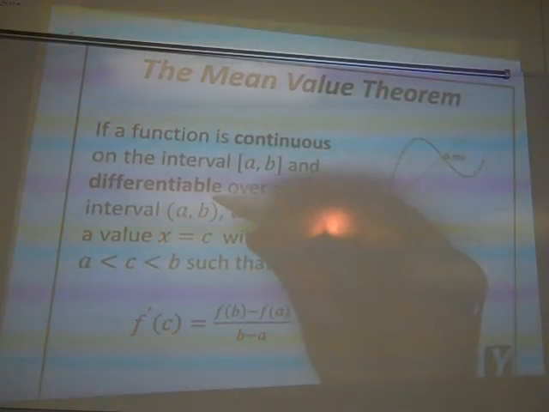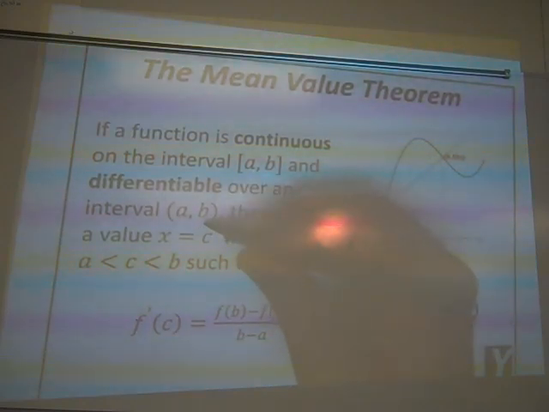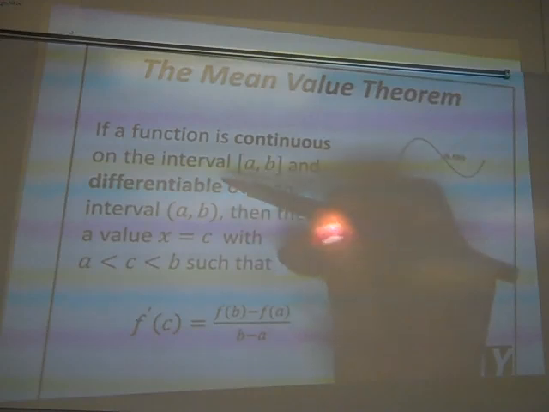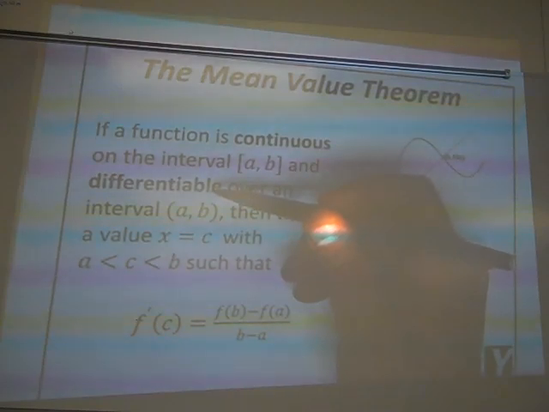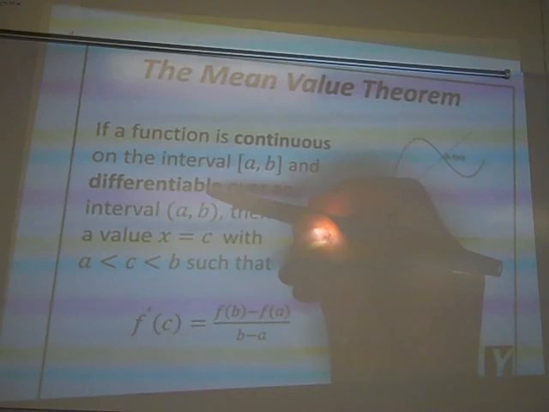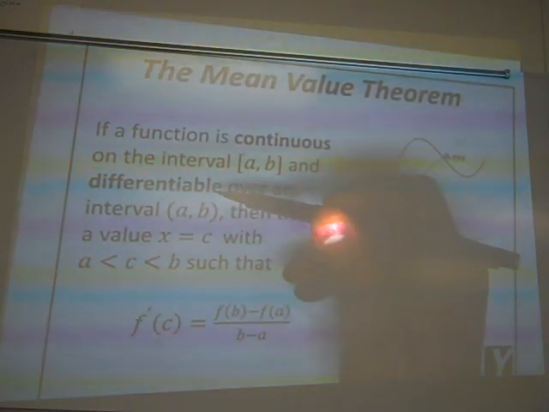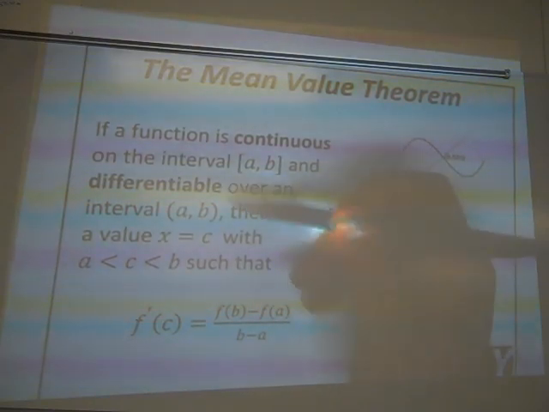And differentiable. Differentiable means that the derivative exists everywhere on the open interval a to b. Another way I tell my students to think about differentiable is smooth, right? A nice smooth curve, like a polynomial, the trig functions. As long as there are no sharp points like you get in the absolute value, and no vertical tangents like you get in the cube root of x, then your function is differentiable, and now you can apply